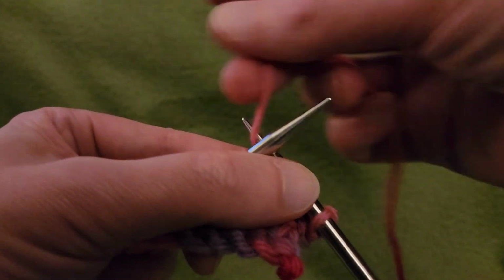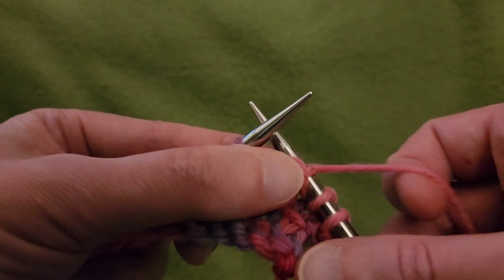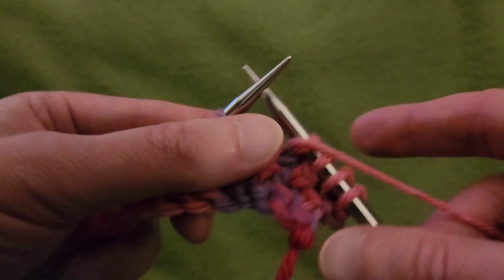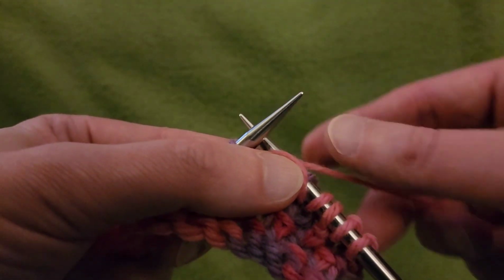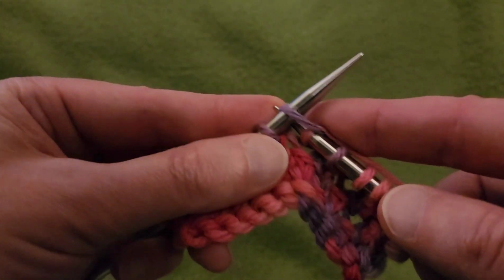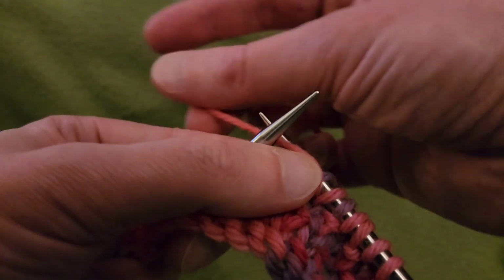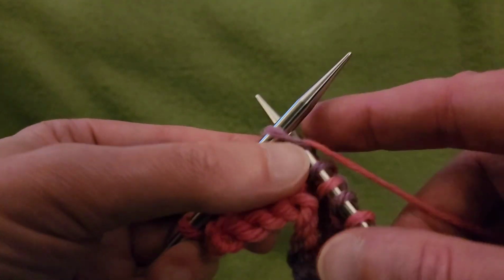And then yarn to the front, slip as if to purl, yarn to the back, and knit. Yarn to the front, slip as if to purl, yarn to the back, and knit. Yarn to the front, slip as if to purl, to the back, and knit,